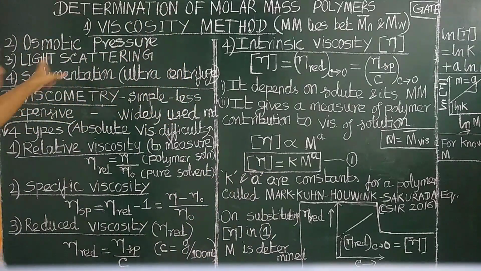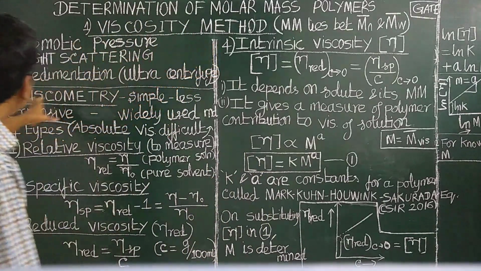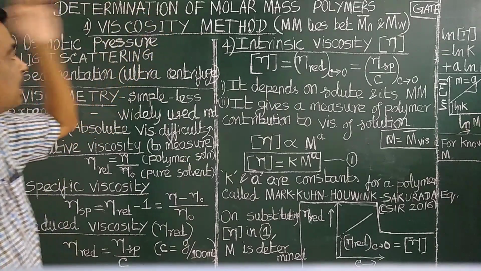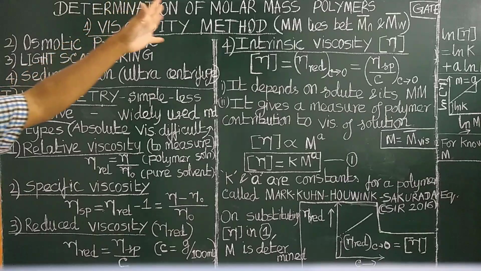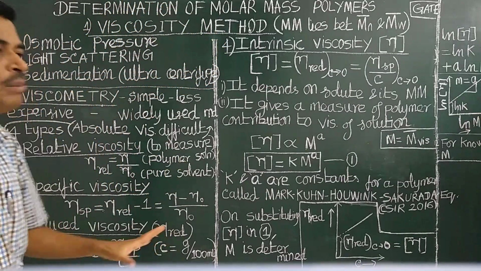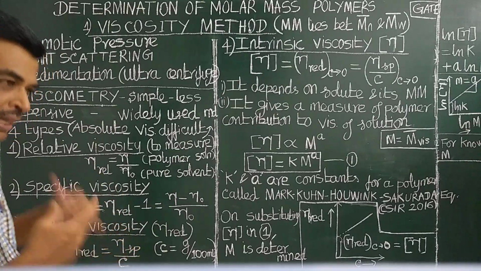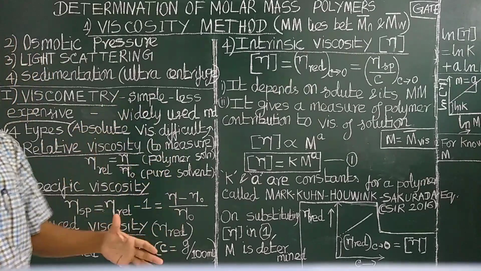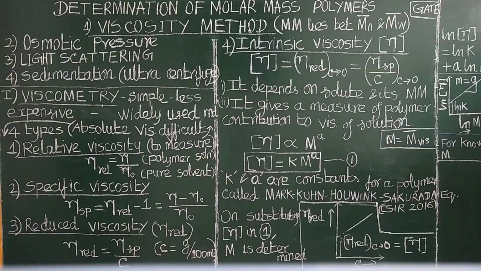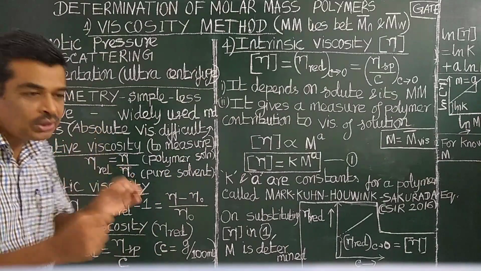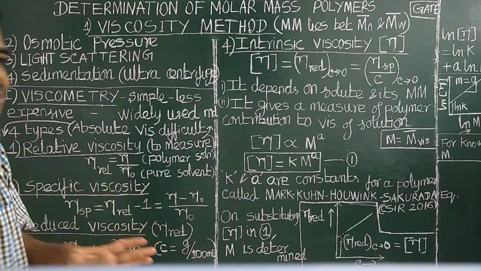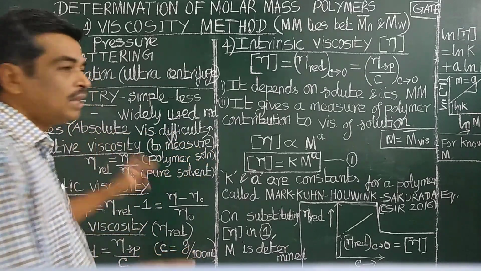Let us see the viscosity method. This is also called viscometry. This method is based on the measurement of viscosity of polymer solution. This method is the simplest method, cheap, less expensive and widely used for the determination of molar mass of polymers. Since absolute viscosity of polymer is difficult to measure, there are four types